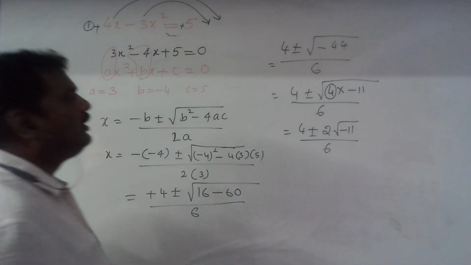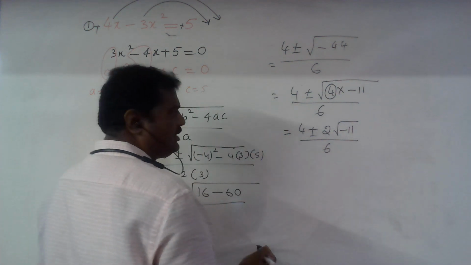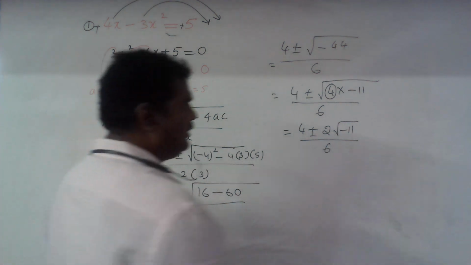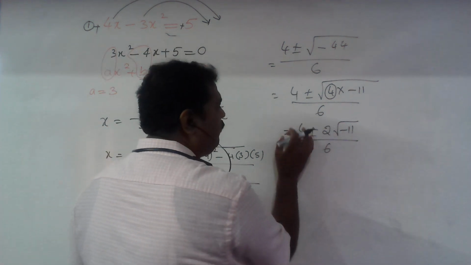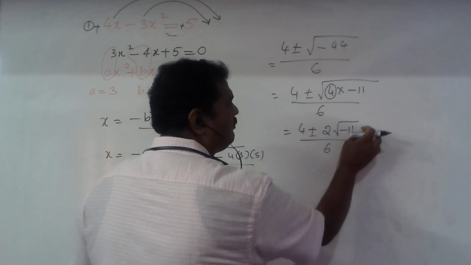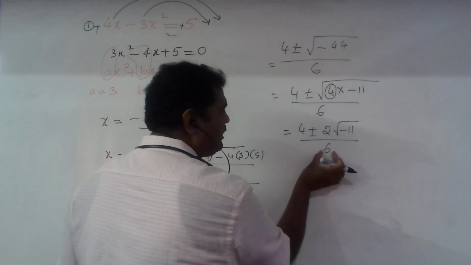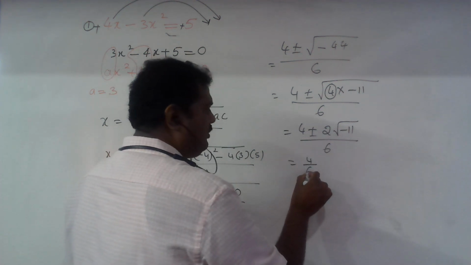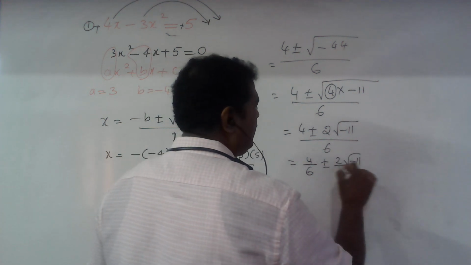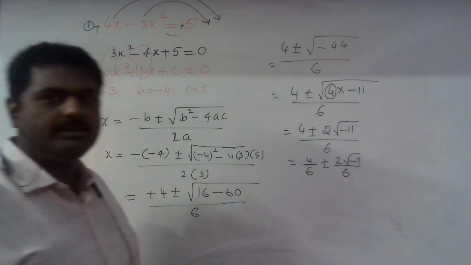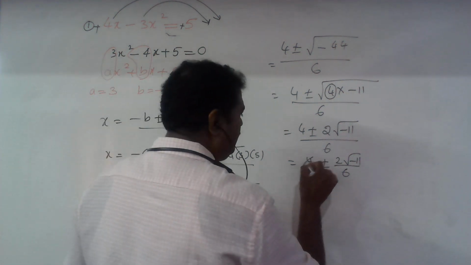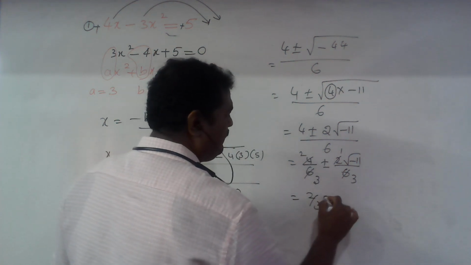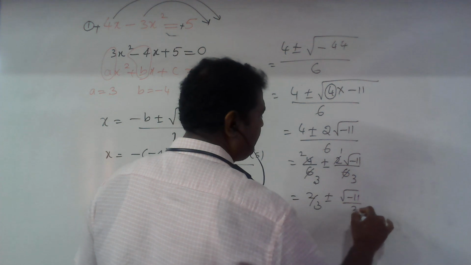Now some of them have a doubt. Can we cancel 2 1s are 2, 3s are 6, or can we cancel 2 2s are 2, 3s are 6? Now the 6, which is the whole divisor, is here a binomial surd. 4 is one term, 2 root of minus 11 is another term. This 6 belongs to both. That means if you want to split or divide, first you have to share it, just like you share with your brother or sister. Once you share, you can cancel 2 1s are 2, 3s are 6; 2 1s are 2, 3s are 6. Therefore your answer is 2 by 3 plus or minus root of minus 11 by 3.